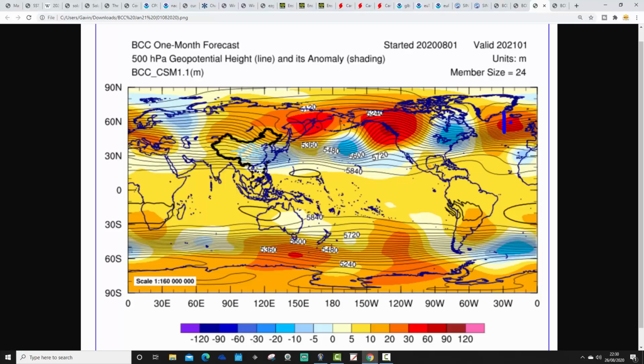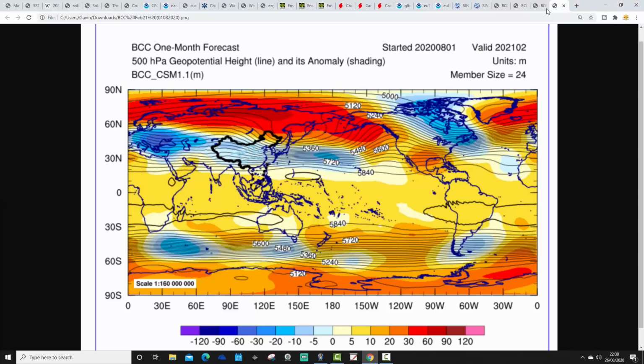January is forecast to have high pressure out to the northwest. That could allow some colder air to come in from the east or the northeast at times probably. But February is like the Bobby Dazzler. February is really good with the high pressure. You want a cold winter with high pressure going well to the north. High pressure goes well to the north, and this trough of low pressure begins to extend in from the east, and so that could be a cold and wintry February. A February to make us shiver.